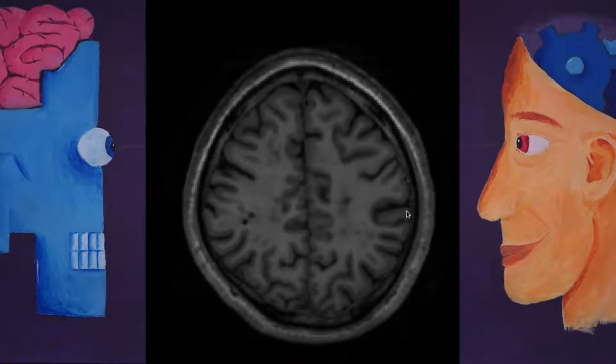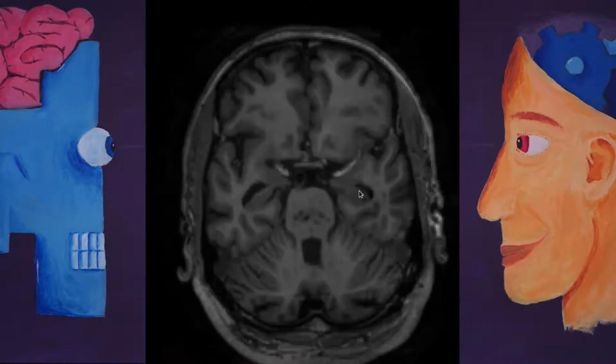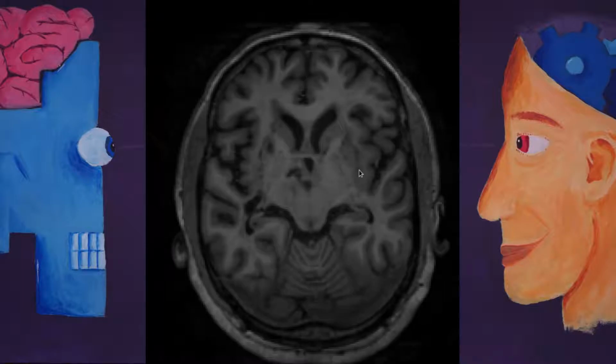So yeah, sometimes it's very tricky because maybe you won't choose exactly the same slice as I did, and then it won't be comparable, but the idea is that over large sets, these errors will average out. So I would just say maybe 1 or 2 in this one, the centrum semiovale. But here you could also see that you are seeing many more perivascular spaces in the basal ganglia than in the centrum semiovale, so that also makes sense region-wise. So let's pick another one.